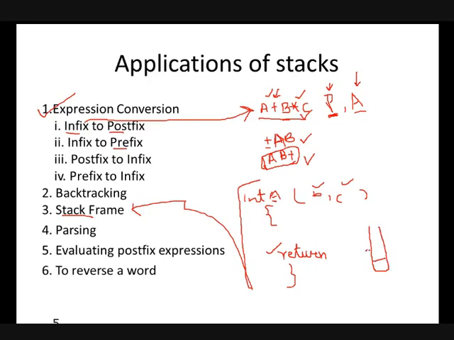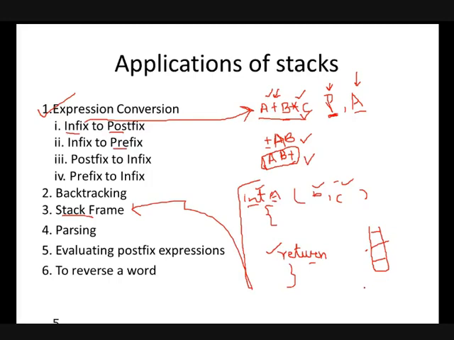They are the arguments used by that function, the return value, and the return type of that function. So everything about that function will be stored in a temporary space, and that temporary space is called a stack frame.